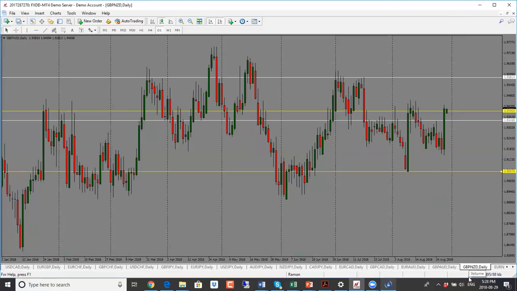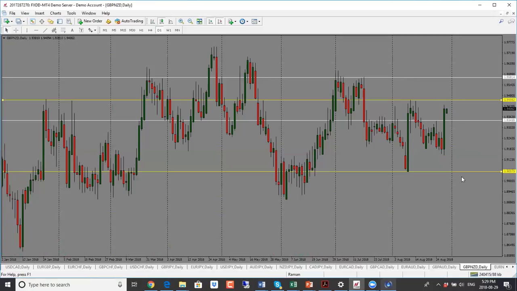Pound New Zealand, same thing here. We have a big bullish move here, and this is giving us a bullish bias now. And again, we are into a very important support and resistance level here as well. So first target would be 1.9450. And if price goes to the other side, we are looking at 1.9580. So bias is bullish for that, but do look for that pullback.